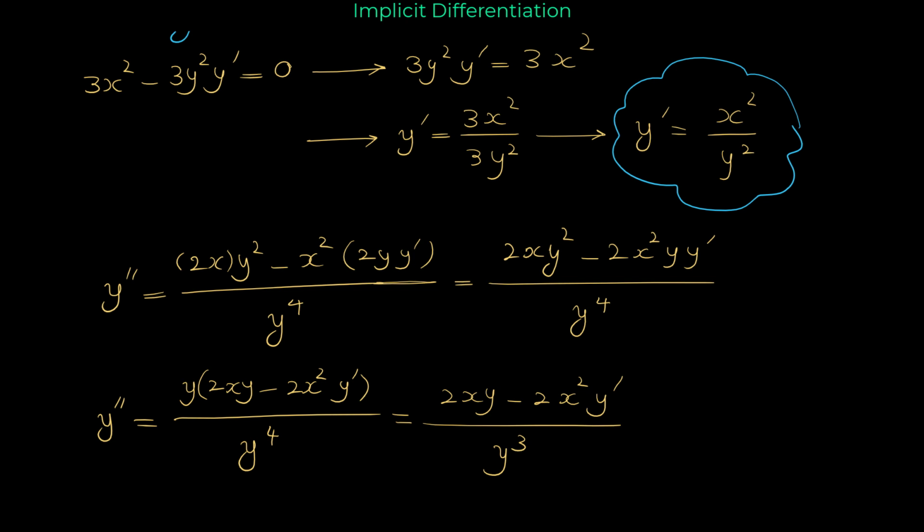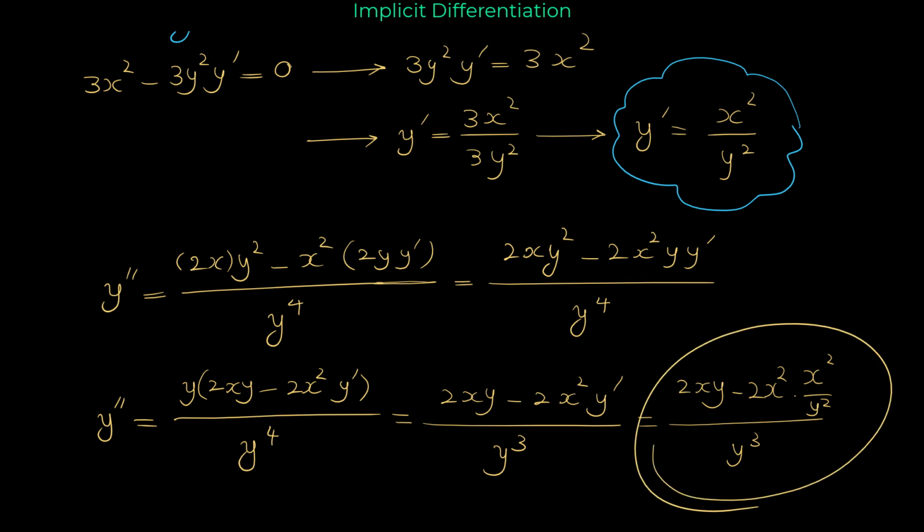But we have to replace the y prime with x to the 2 over y to the 2. So we have 2xy minus 2x to the 2 times x to the 2 over y to the 2, all over y to the 3. For simplifying